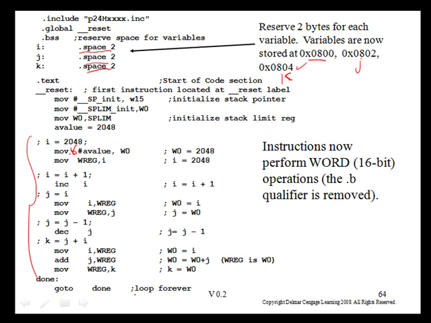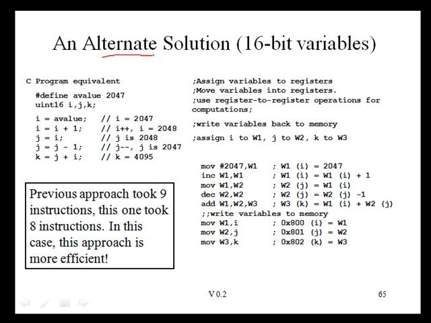Other than that, this is the same program as for the byte program. What about our alternate solution that uses register-to-register operations? We've removed the .byte from these instructions, so now all of these are word operations. When we write variables back to memory, we now no longer have to copy the register in the WREG before